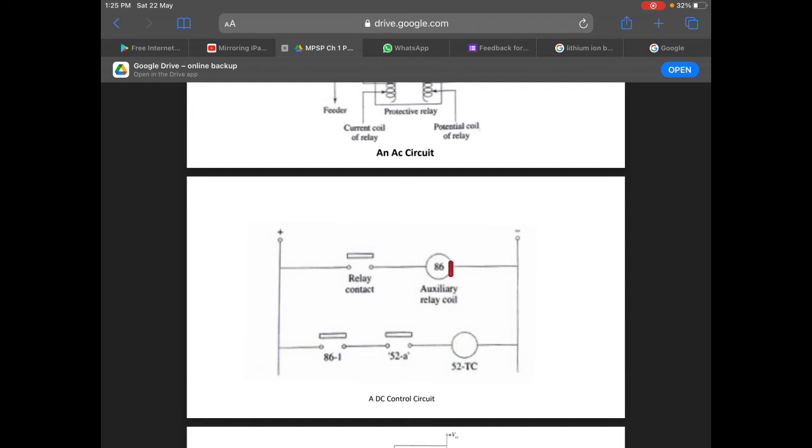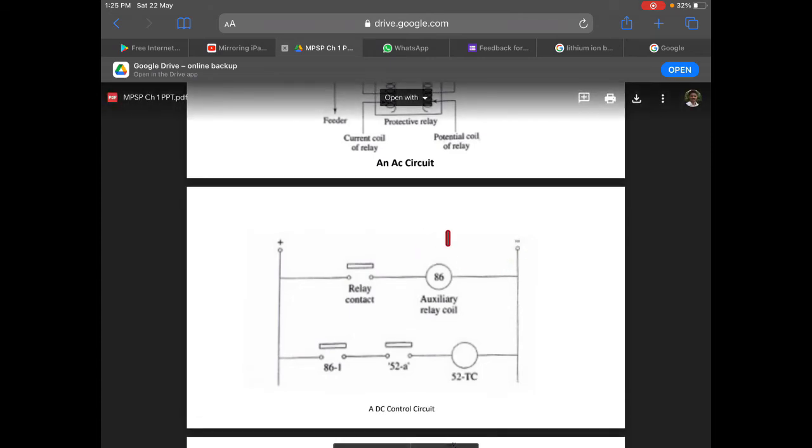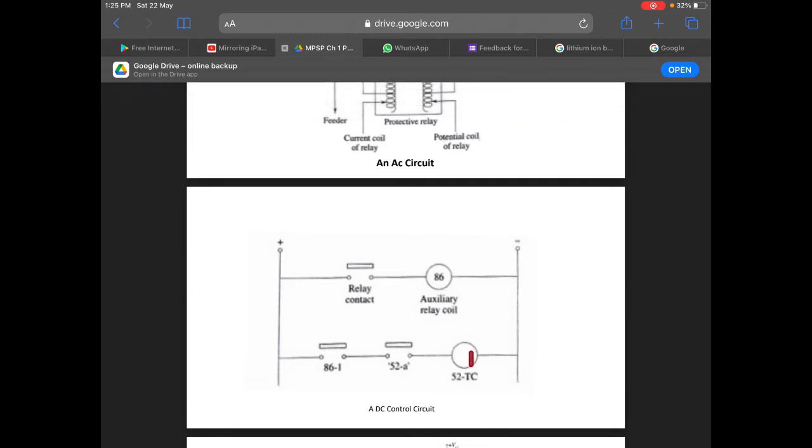Why it is done like that: when there is a maloperation of this, suppose it was earlier closed, then this is also closed, then this is closed. This is the first case. In the second case, it is open, so if this is open, this is also open. During maloperation, if this closes, this will still remain open because this is open. These two are directly related. If this is open, this is open. So this is a backup or protection against abnormal operation.